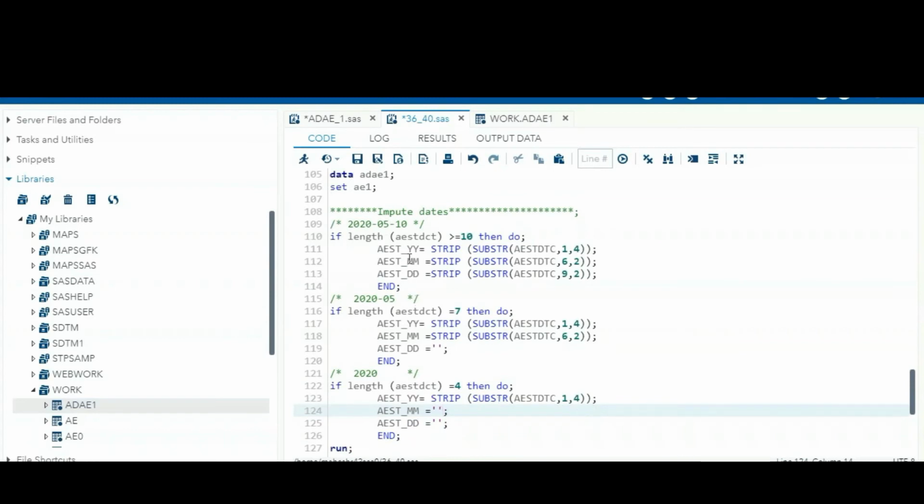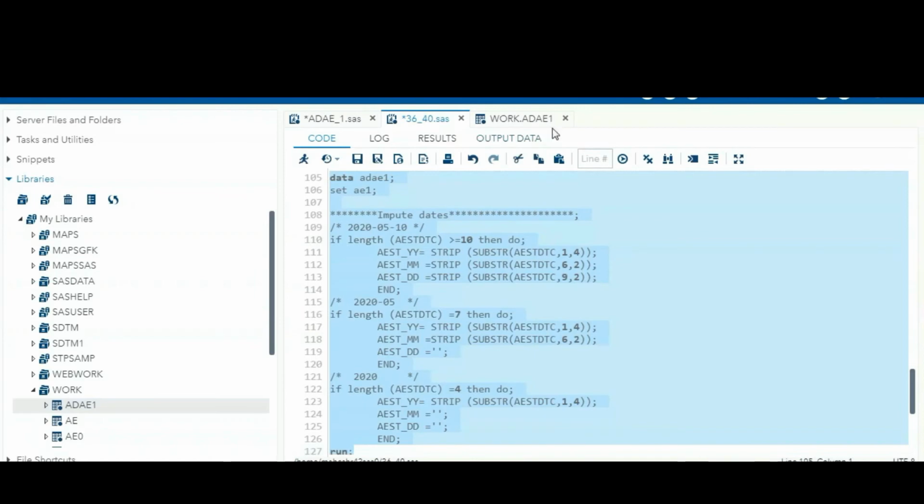So we separated the AESTDTC into 3 parts. Just run and check.